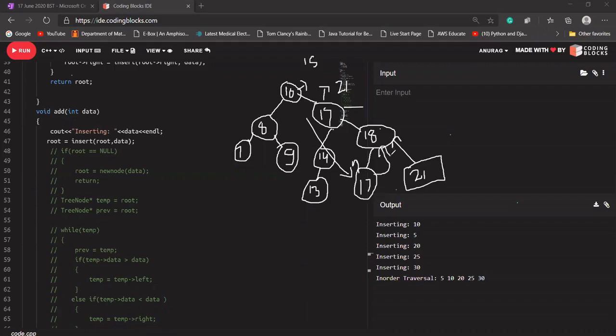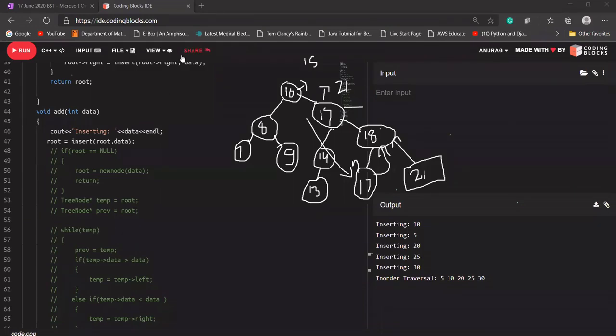Okay. And if you are asking about 15, so 15 will be deleted. If 17 were not here, can we call in order predecessor? Yes, you can call in order predecessor as well. You can do it with the help of predecessor or successor, both. The concepts will not make any change. Although the structure of that BST will change, it will be a BST in all the cases.